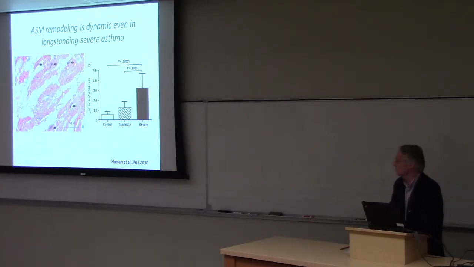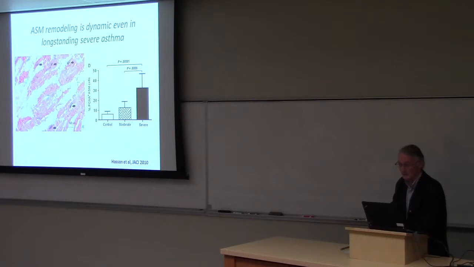The cellular turnover can be quite large, and this here is an immunohistochemical double stain, the pink material being smooth muscle in the airway biopsy, and the very dark staining nuclei are nuclei expressing proliferating cell nuclear antigen, which is a marker of a cell that is actively synthesizing DNA and getting ready to go through the cell cycle. So even though muscle, we think of it as being fairly differentiated, has this capacity to turn over as well